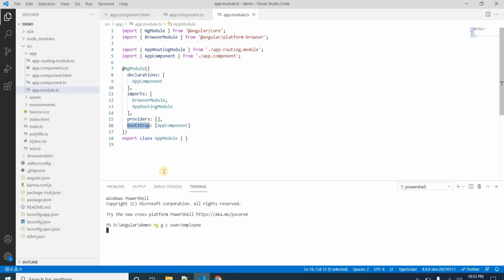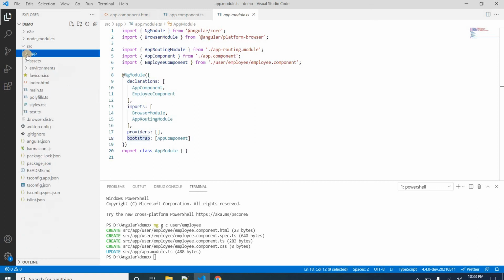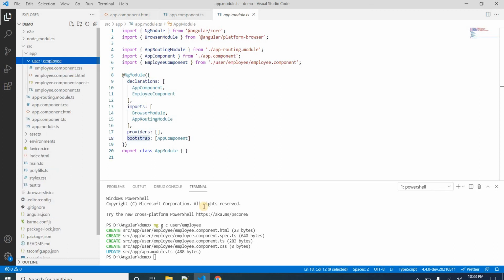Hit enter. It will create 4 files. And one important thing: whether you are creating a component or a directive, everything will get created inside the app folder. So now we have created one folder user, and inside user we have created the employee component.